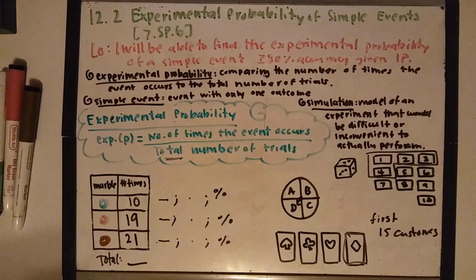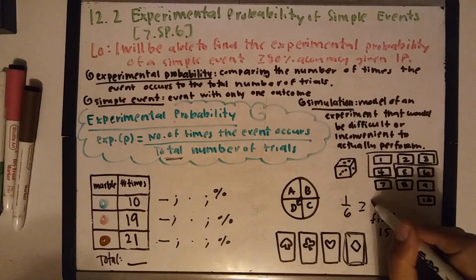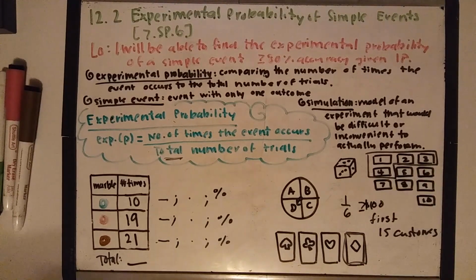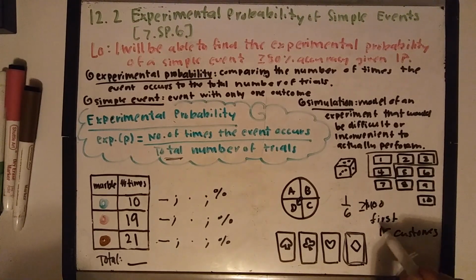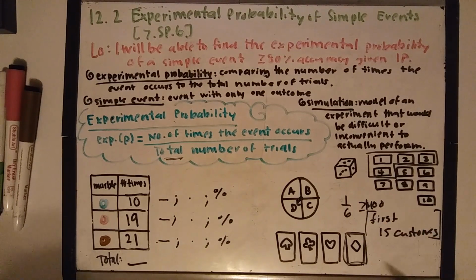Remember, we say that 1 out of 6 customers that go into a store buy more than $100 worth of groceries. So in the first 15 customers, how many of those are going to buy